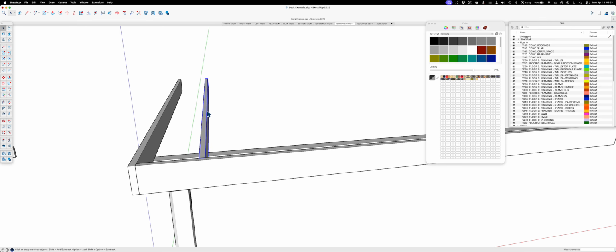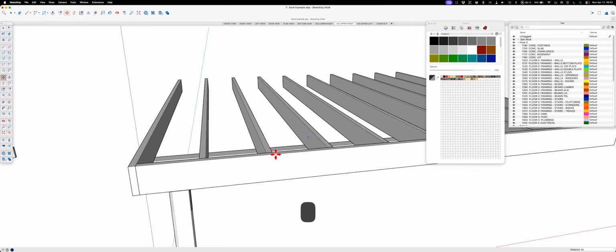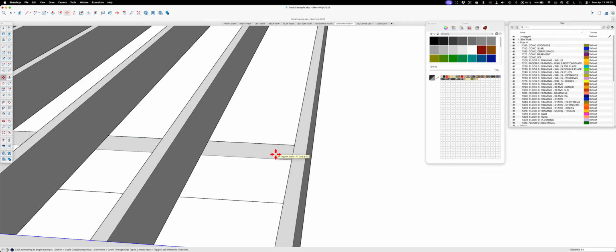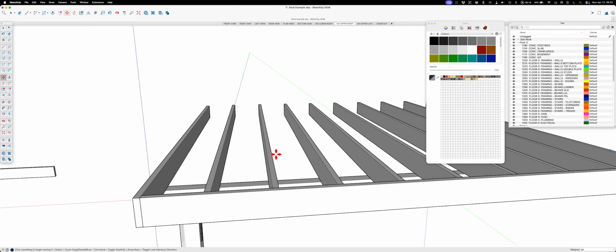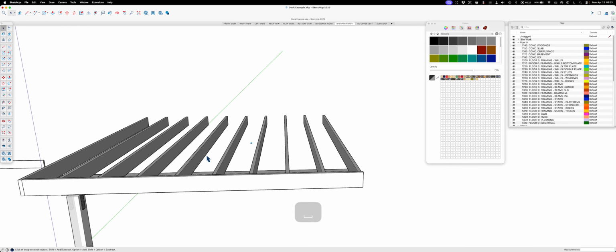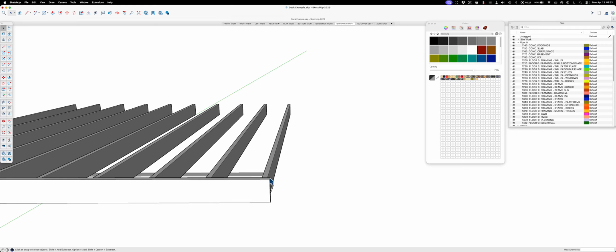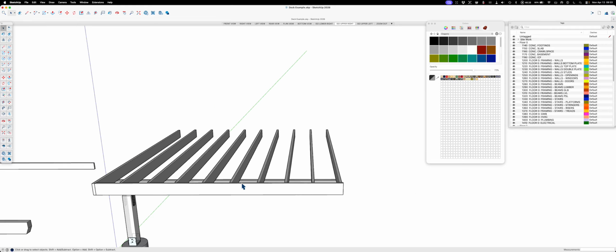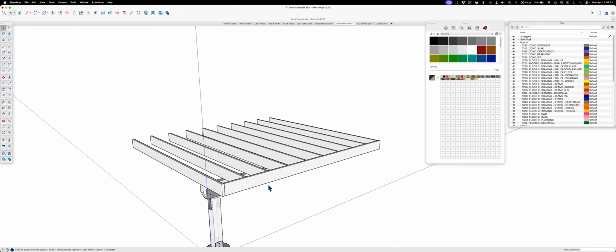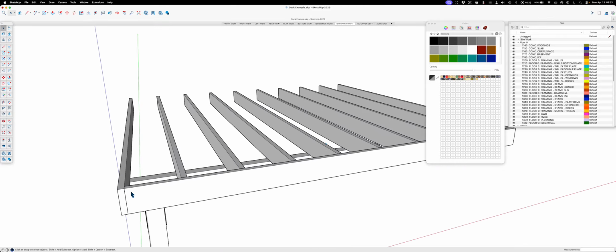And then here's a cool trick. You can do M+, start going, type in 16, hit enter, and then you want a bunch more. So let's do, including the one that you see that's blue, 8x, enter. And it just did, oh, wow, look at that. Almost nailed it. So there you go. Those are all 16-inch on center, except for this end one, which if I drag it over, it's going to be off. And the reason why I moved this 1.5 inches back is I like to,